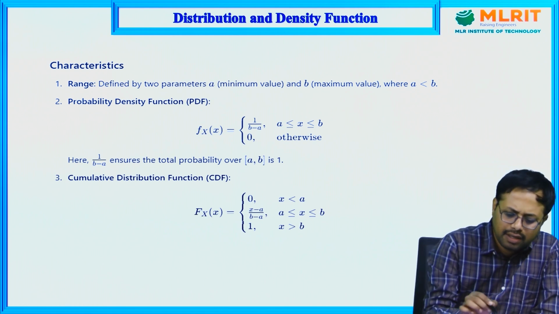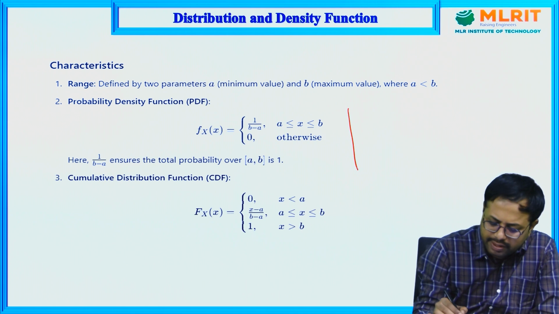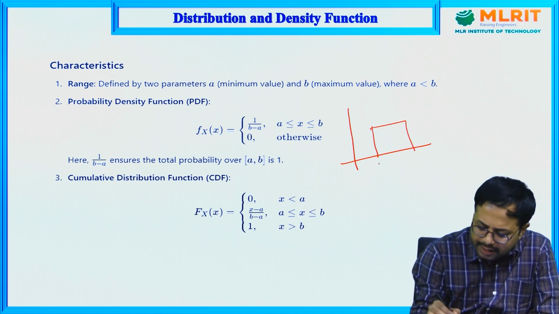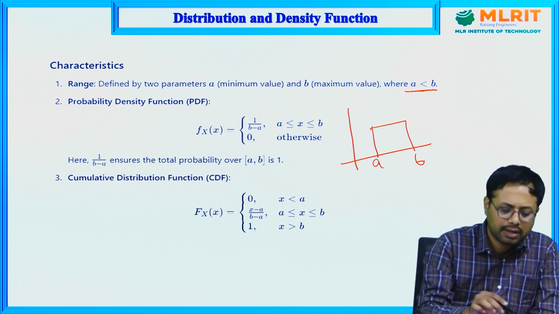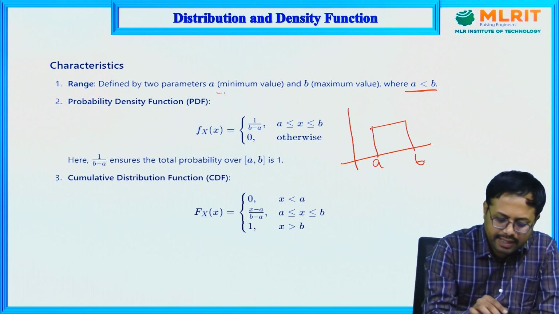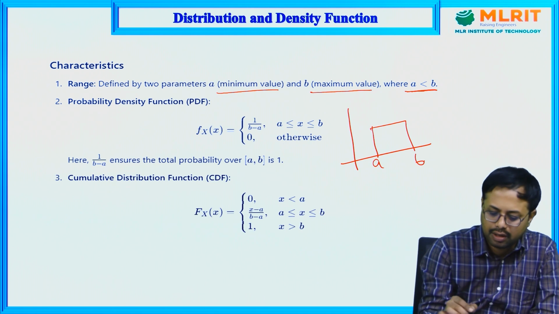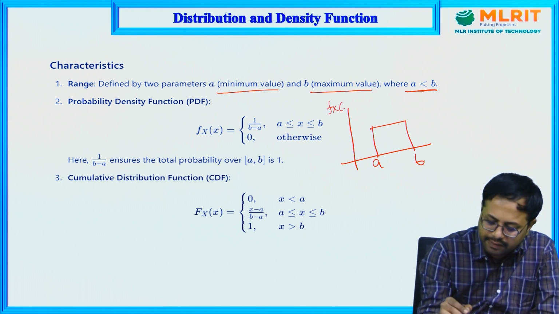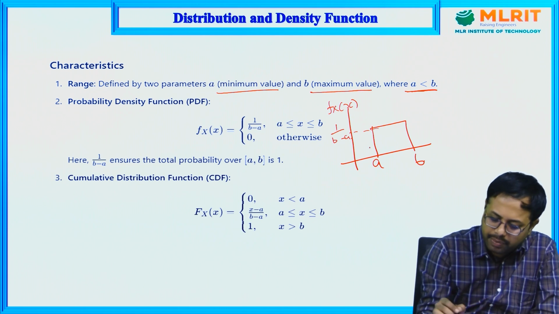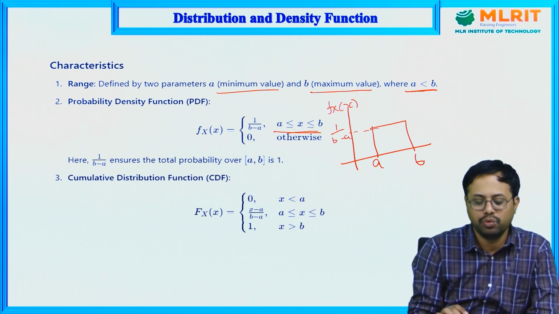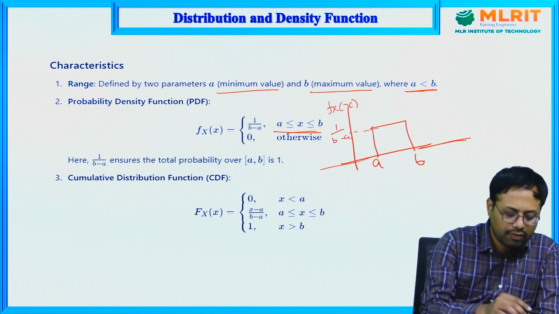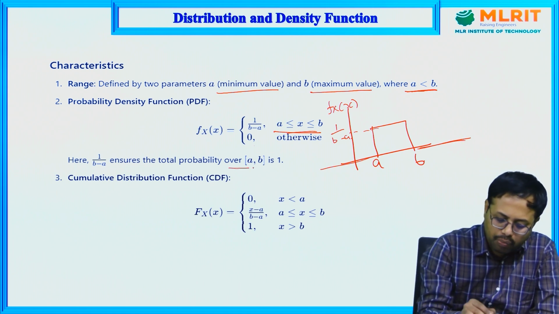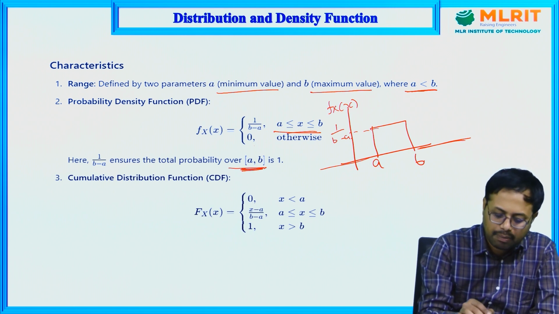The minimum value is A and the maximum value is B, where we consider A less than B. It is defined by two parameters: A is the minimum value and B is the maximum value. Then f_X of x is 1 by b minus a when x lies between A and B, and 0 otherwise. The factor 1 by b minus a ensures that the probability defined over the interval A comma B is